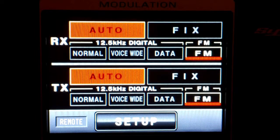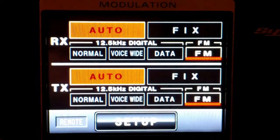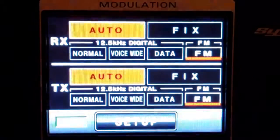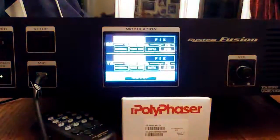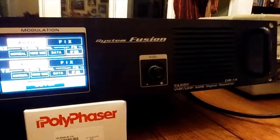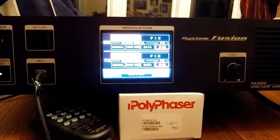I don't know if you can hear the stereo separation, but on the right-hand channel you'll hear the speaker from the DR-1X. And on the left-hand side, you'll hear the audio from my FT470. I'll show you how that's set up here. Got your speaker here, and the radio here. And I'm going to try to go a little bit further away and talk. I set the squelch tail time back to 0 so that you can hear when I key up,